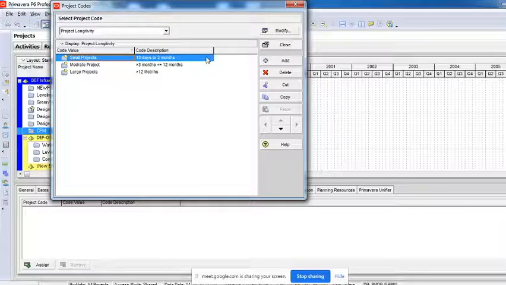I'm not going to use this code now. I want to create my own code, so I'll not select anything because I want to create. If I want to select an existing one, then I can go here, but I do not want to select, I want to create. To create this code, you will have to click on Modify. I'll repeat, not Add, because adding anything here will add the values of this code, that is Project Longevity. I'm not creating any values, I want to create the code. So to create the code, you will have to click on the Modify option.